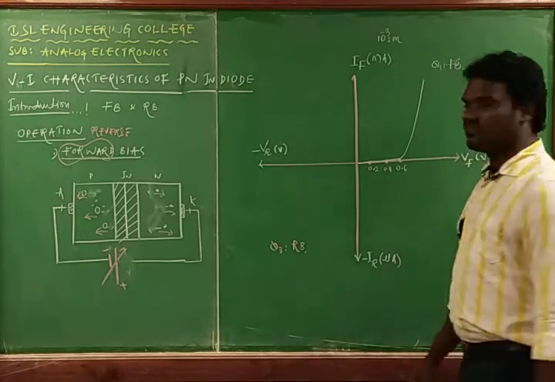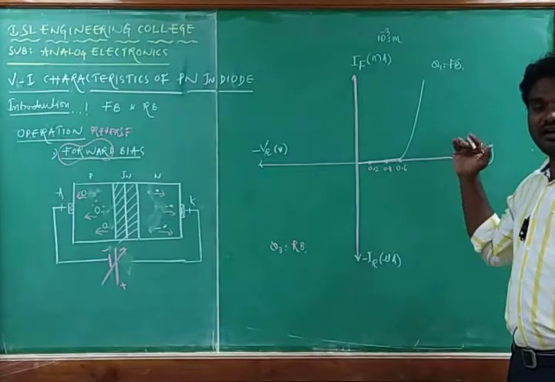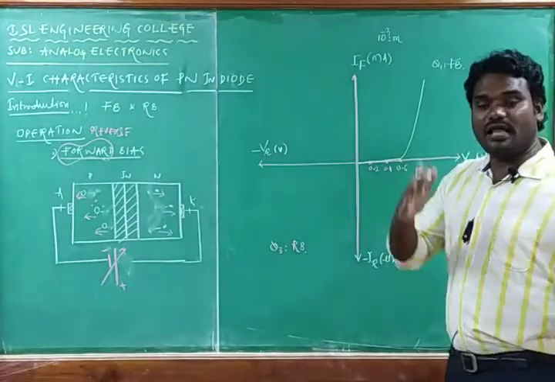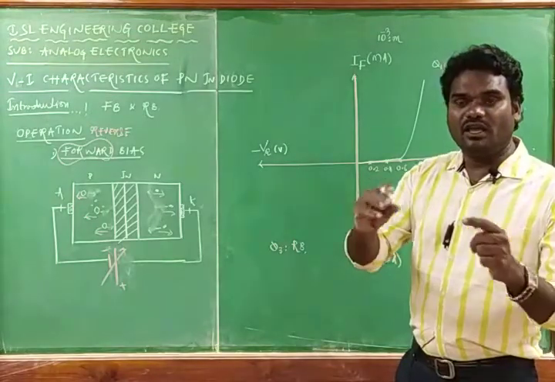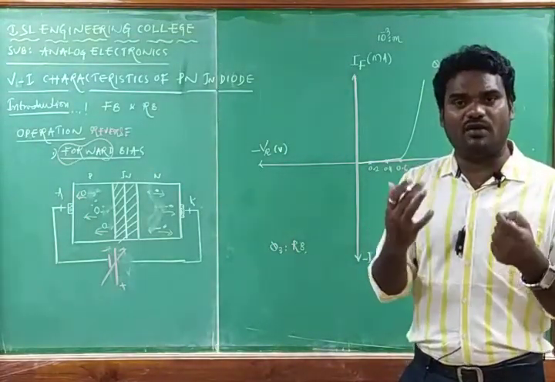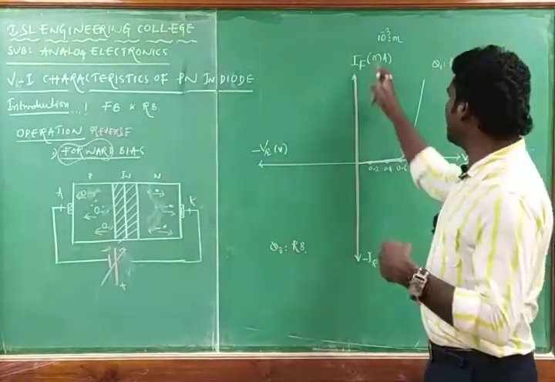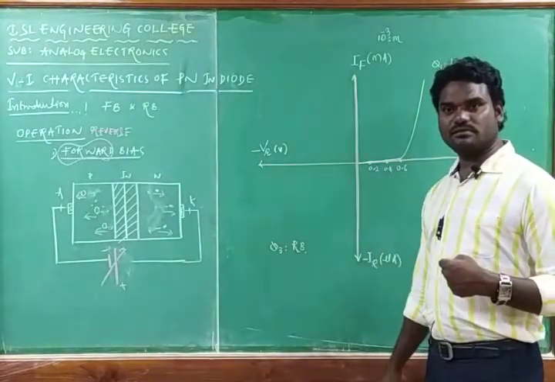This is the graph for the PN junction diode connected in forward bias. Up to 0.6 volt there is no current, and when it reaches 0.6 it is ready for current conduction. If you increase the voltage beyond 0.6, even in small units, the current increases enormously, in terms of milliamps.